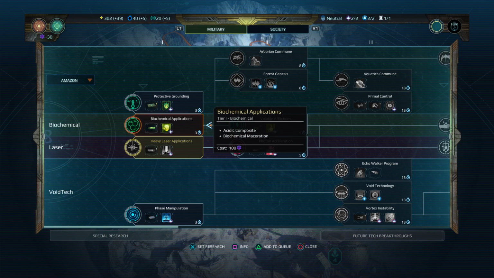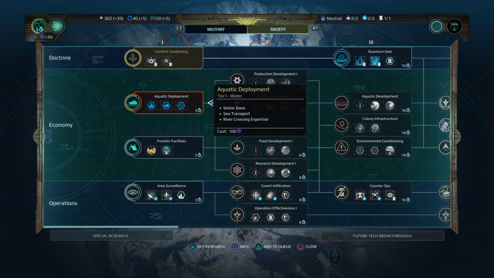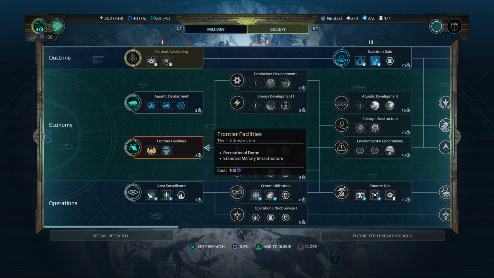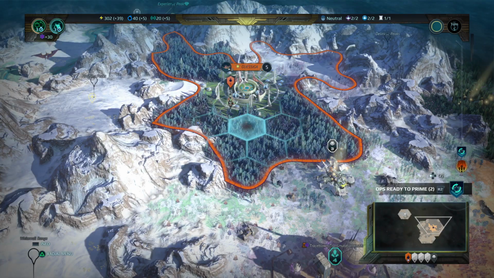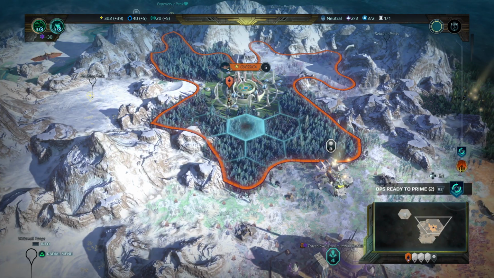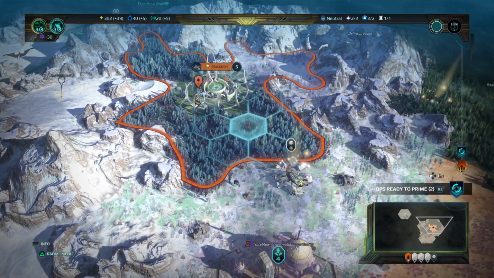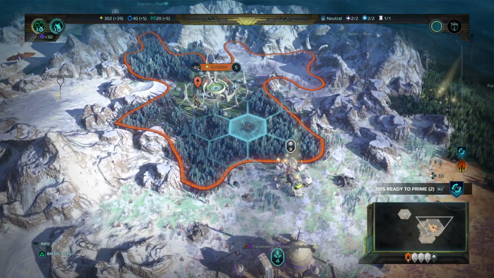Biochemical application sounds good. Society, we've done that one. Yeah, we want that because that's standard military infrastructure, and that's the thing that gives us a better kind of guard at home. And that, I think, is